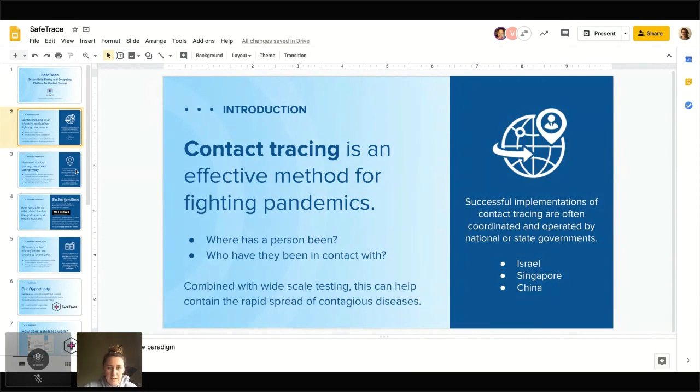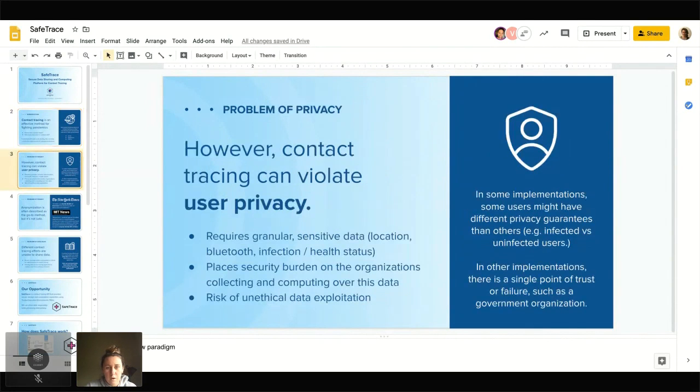Just to recap, contact tracing basically follows where you've been and who you've been able to come into contact with. It's also important that there is testing available for this to be an effective strategy. One of the things, of course, that we noticed at Enigma is that a lot of these approaches are not adequately privacy preserving. And you're dealing with really sensitive data like your location, who you've been in proximity to, as well as information around your health status, whether it's symptoms or whether it's test results. That's PII information and it's quite sensitive.